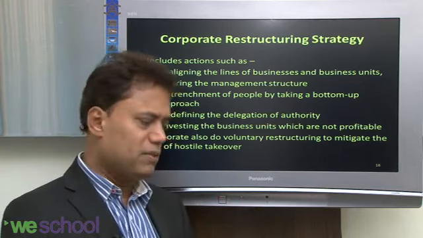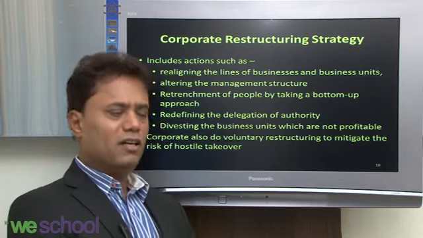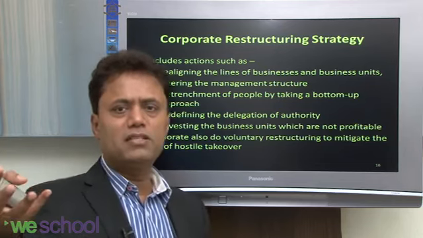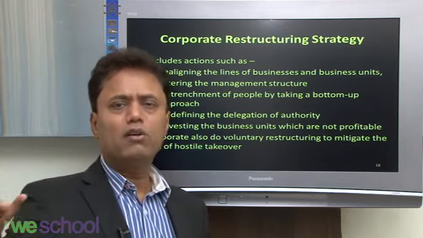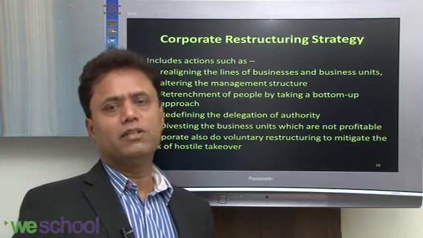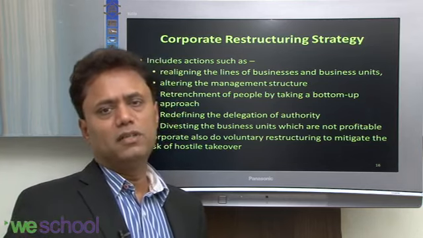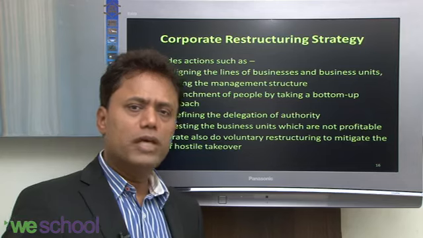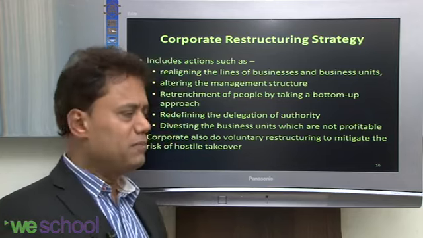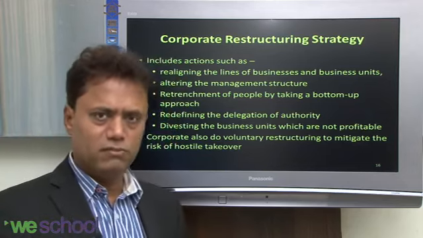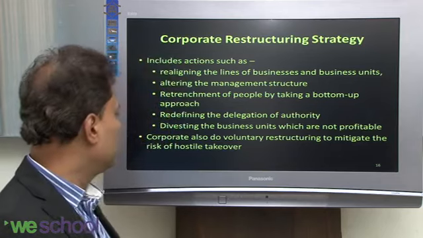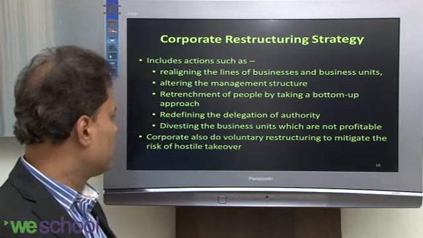That's what I said. If some business unit is doing only 10 crore business, whereas the company's turnover is 500 crore, 10 crore on 500 crore is less than 2%. So what do you do with it? You have to divest that particular business. That's a non-core business. So you will be getting into selling off the non-core business.